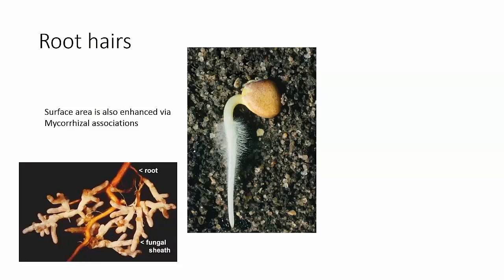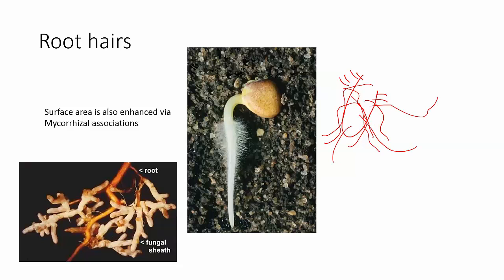So root hairs are elongated epidermal cells. They allow increased surface area for the absorption of water. And also, plants will have a symbiotic relationship with fungal hyphae that increase their surface area as well. So you'll have the root, and you have root hairs on the root, but then you'll also have fungal hyphae growing through and into root cells and extending off into the soil, increasing the surface area of that root. And those fungi receive nutrients from the plant, but they allow the plant to absorb minerals and water from the